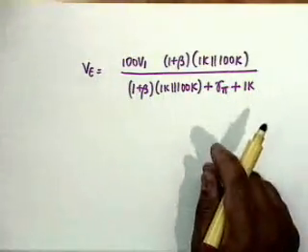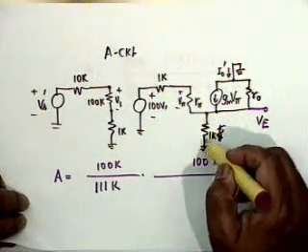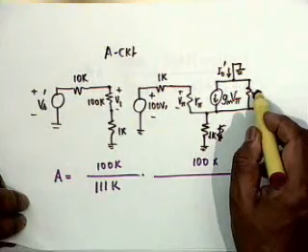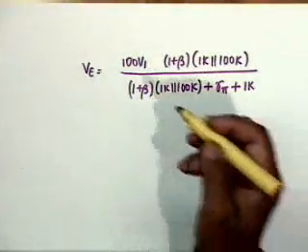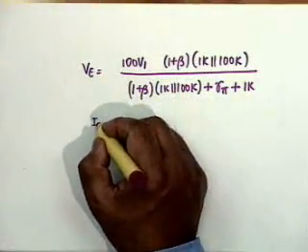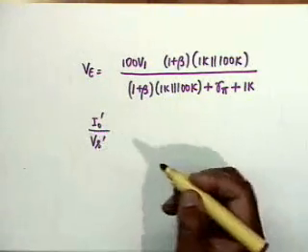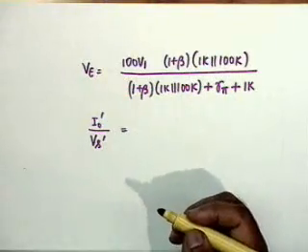The numerator is VE, this voltage. How is this voltage created? 1K parallel 100K. R0 is 100K, given. Okay, so I know VE. Therefore, I0 prime by Vs prime would be equal to